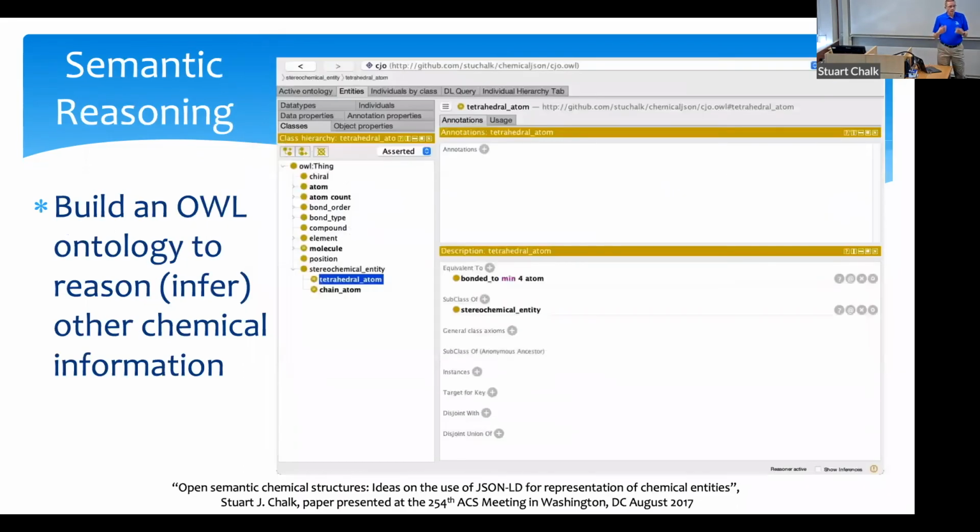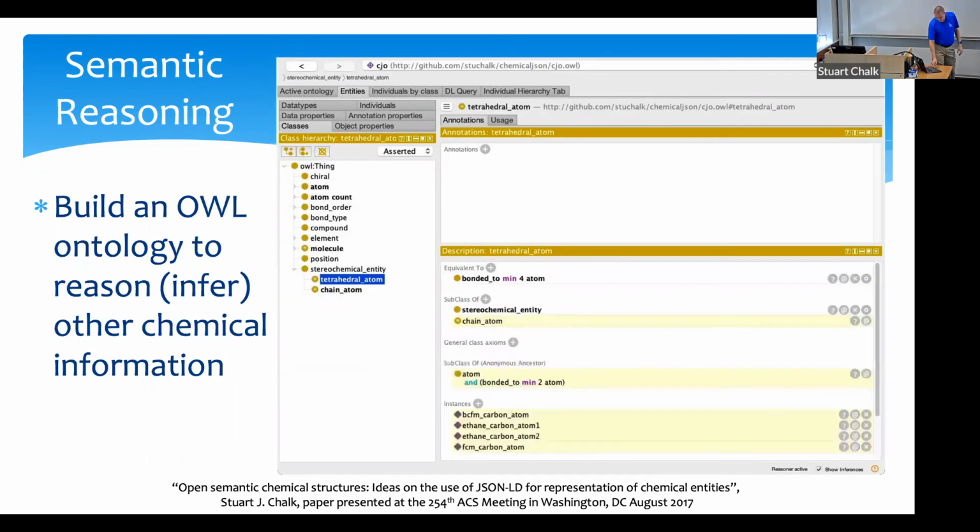And then what we want to do with this is actually something that I talked about at a meeting in 2017, where I was like, you know what, we should be able to do a semantic representation of molecular structure. And what I basically went through an example of was, can we reason using OWL, which is the web ontology language, that an atom in a molecule, for instance, is chiral. I think I look at that as kind of like an exemplary use case. If you can have enough intelligence to infer that kind of thing for a particular carbon atom, then it would be really amazing.